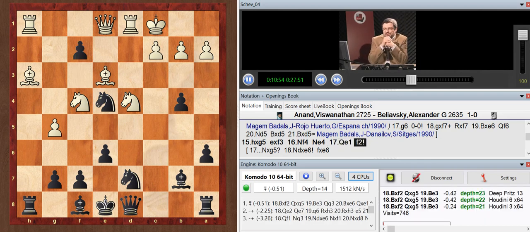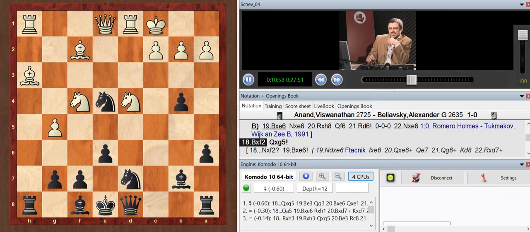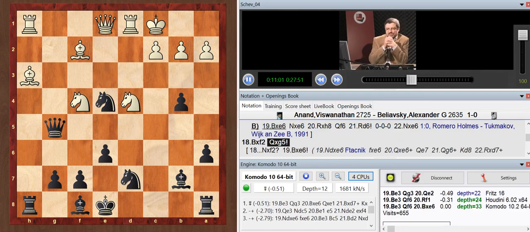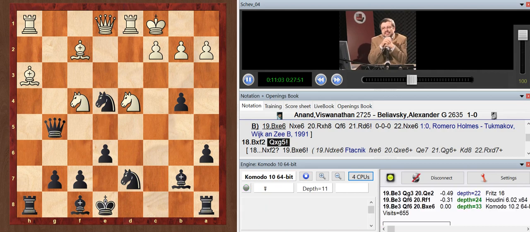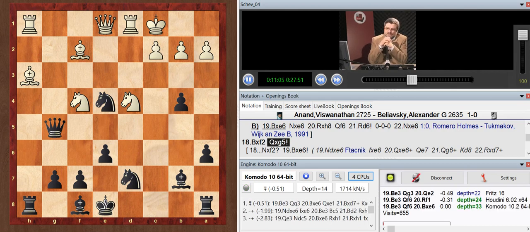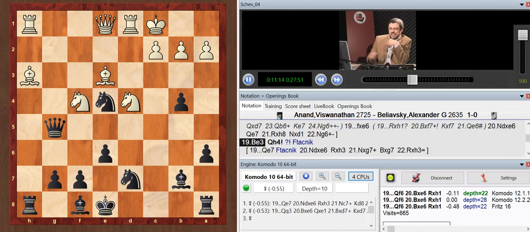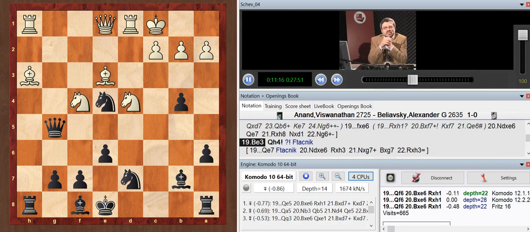Black decided to insert this beautiful move f2, and after bishop f2, queen g5, he won yet another respite, and the respite is connected with the fact that on the diagonal c1, h6, the queen is pinning the knight on f4. Unfortunately, after bishop e3, the main logic of the game is still there, and the pawn on e6 is as weak as it always was.